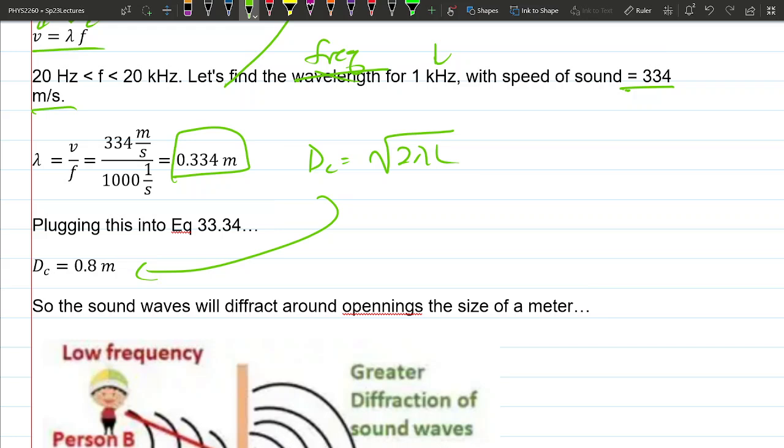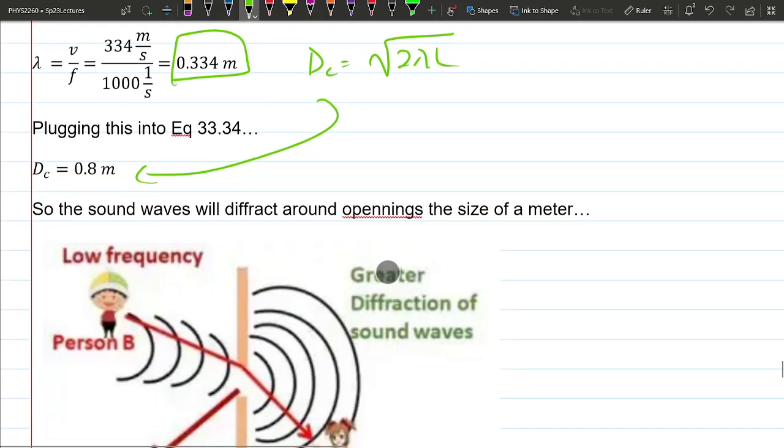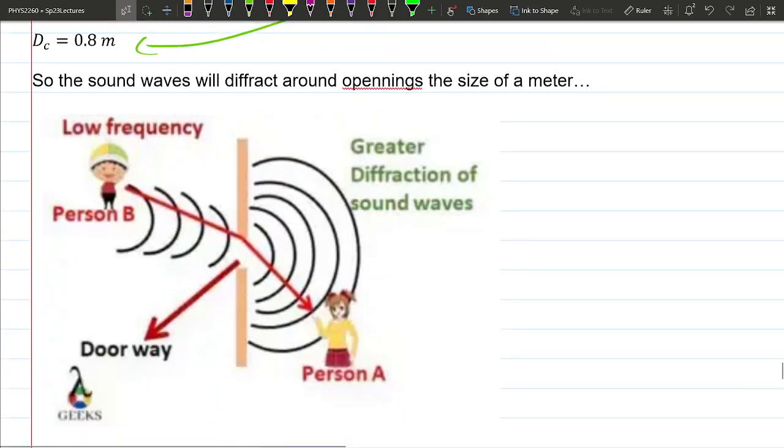So basically the width of that door, right? And the reason is, if I was treating my sound wave as a ray, then only the people right in front of that door, into that wall, can hear me. But since the width of this door is around 0.8 meters, or actually less, we actually have to treat it as a wave, and therefore it'll diffract and have this